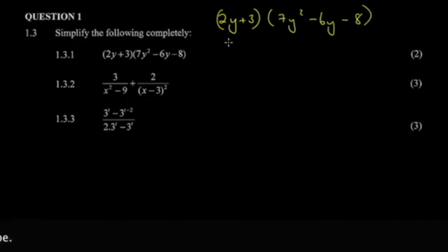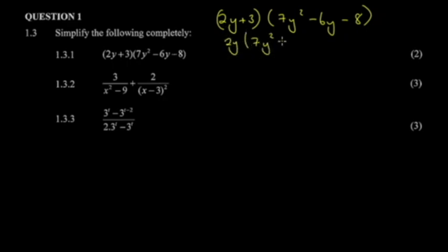Here, since you just have 2 brackets, you can multiply first by the first entry. So they're taking turns to multiply the same thing. So this was actually minus 6y minus 8 here. Then you have 3, so plus 3 times 7y squared minus 6y minus 8 like this. Now you